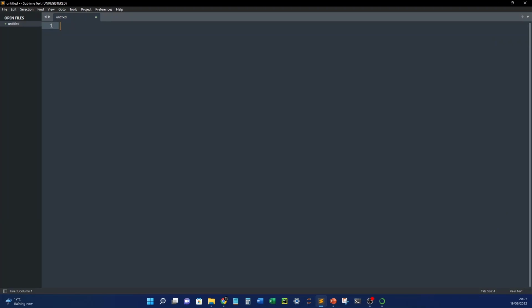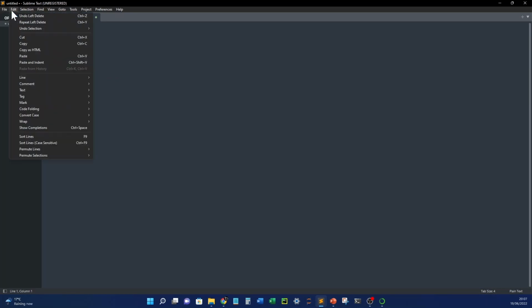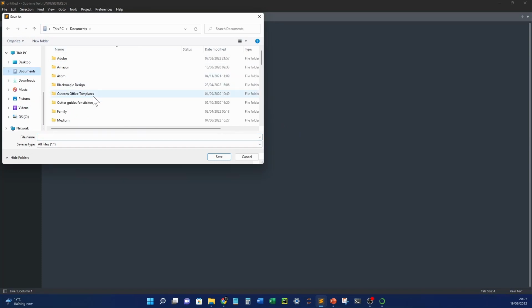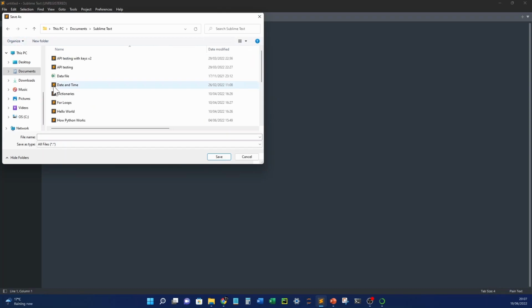So I've got a window open here. I've got Sublime Text open. We've got an untitled file. We need to essentially save the file before we even script or code in anything right here. Want to go to File, go to Save As, and you find a destination where you want to install this. I want to put this into Sublime Text. So I have a folder called Sublime Text, and in here I'm going to run a test script. I'm going to save it, give it a useful name,